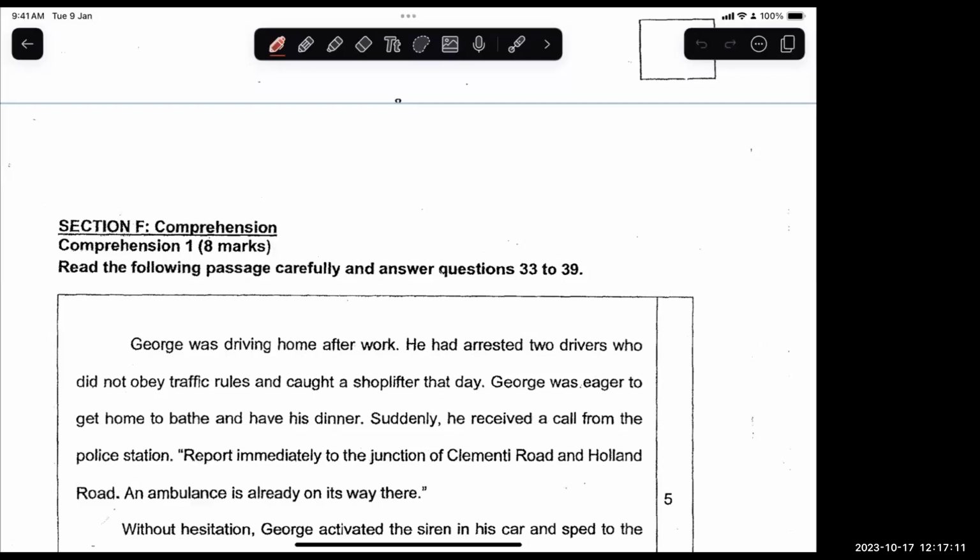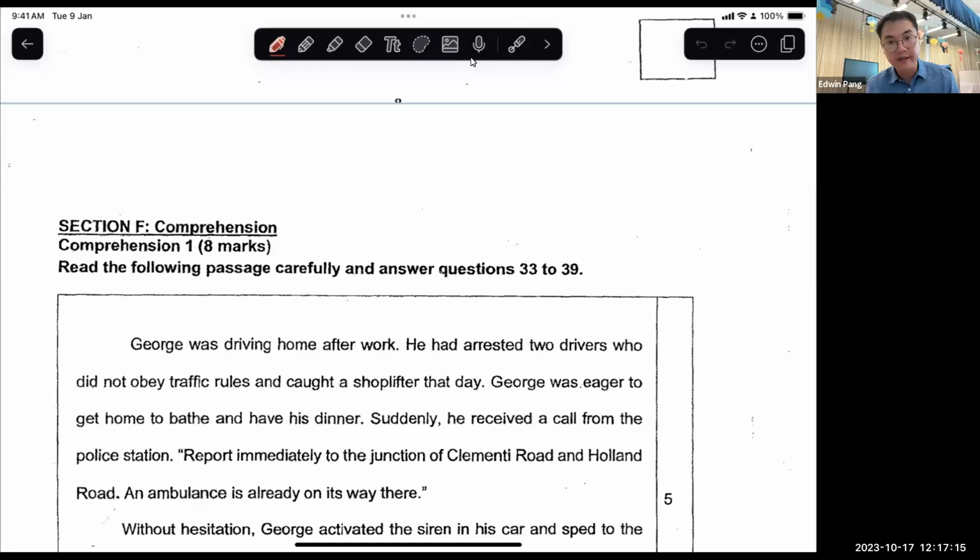from the back and work your way to the front, okay? You may not like to do that. That's okay. You don't have to do it. But for some students who have struggled with their attention, after a short time, their attention starts to wander. I generally advise that they start from the comprehension and work their way backwards.